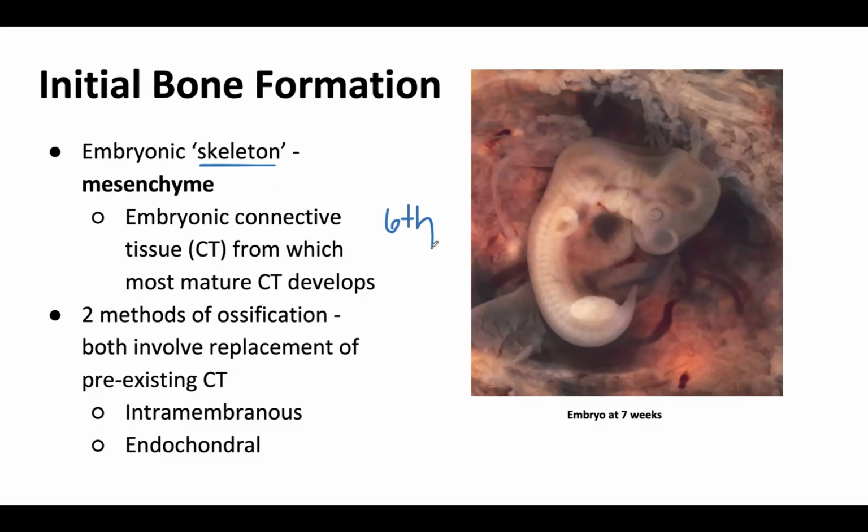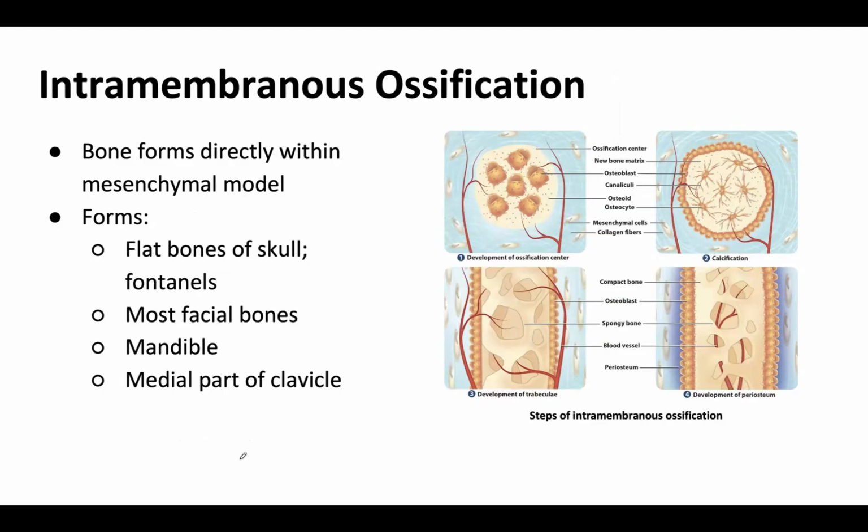And from there, ossification follows one of two patterns, both of which involve replacement of a pre-existing connective tissue with bone. And these include intramembranous and endochondral ossification. So let's get into a bit more detail of both. Starting with the simpler of the two, intramembranous ossification. With this ossification pattern, the bone will form directly within the mesenchymal or connective tissue model,